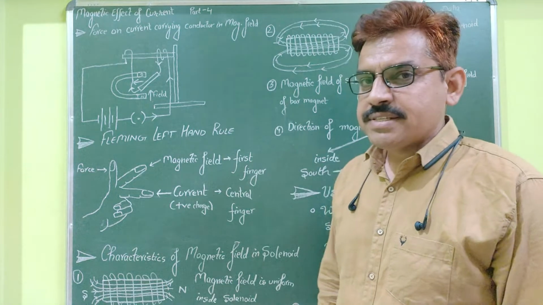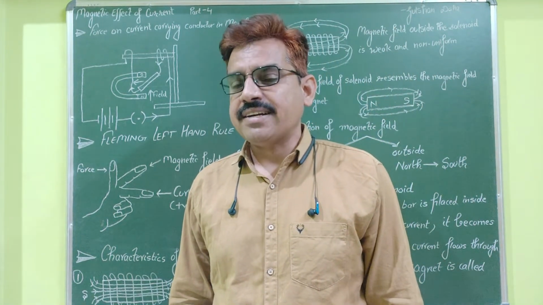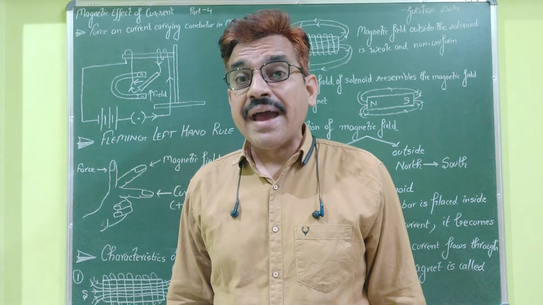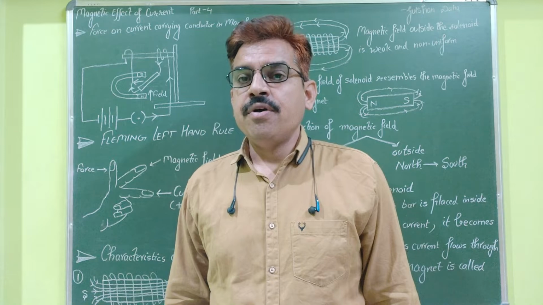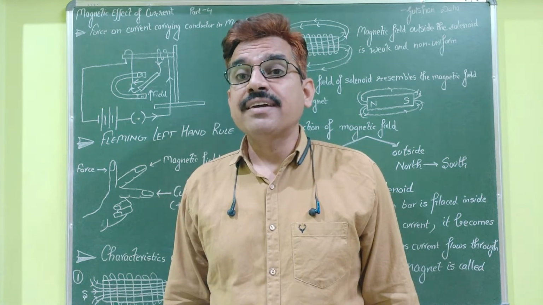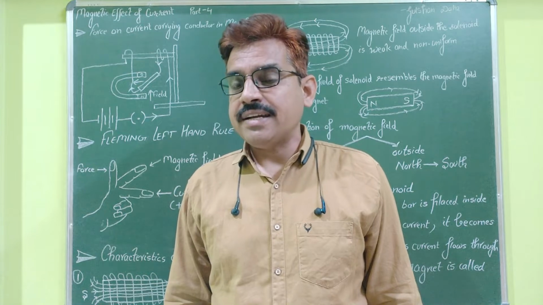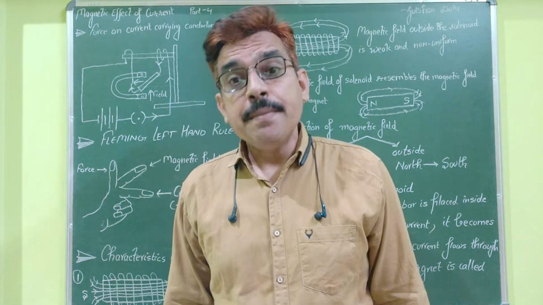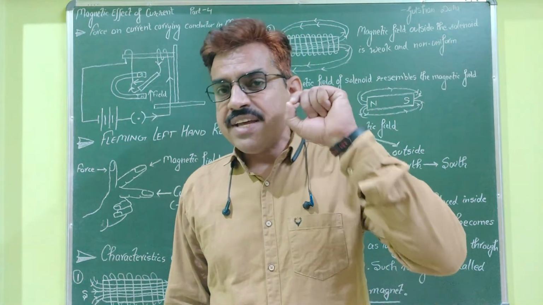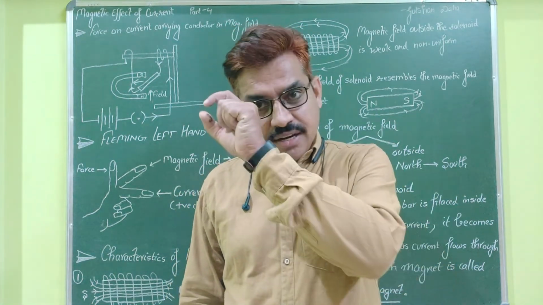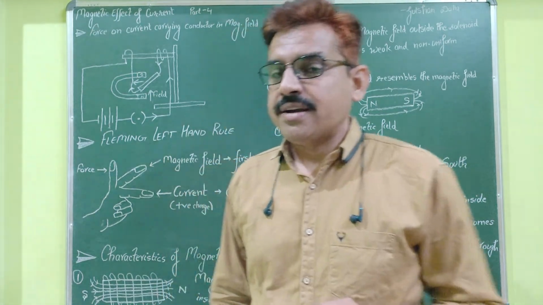And today we will discuss that if current passes through a conductor and that conductor is placed in a uniform magnetic field, what will happen to that current carrying conductor? Is there anything that happens to a current carrying conductor when placed in the magnetic field? What is important is that the magnetic field is there and the current carrying conductor is there. So what happens to that current carrying conductor?